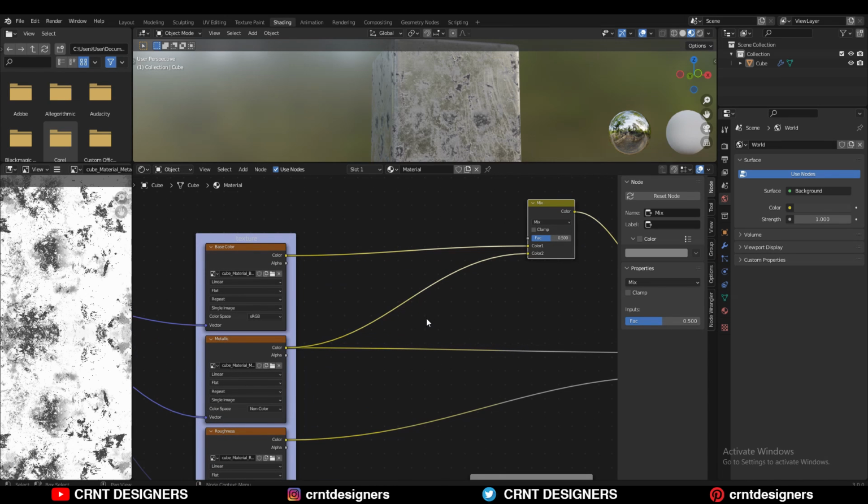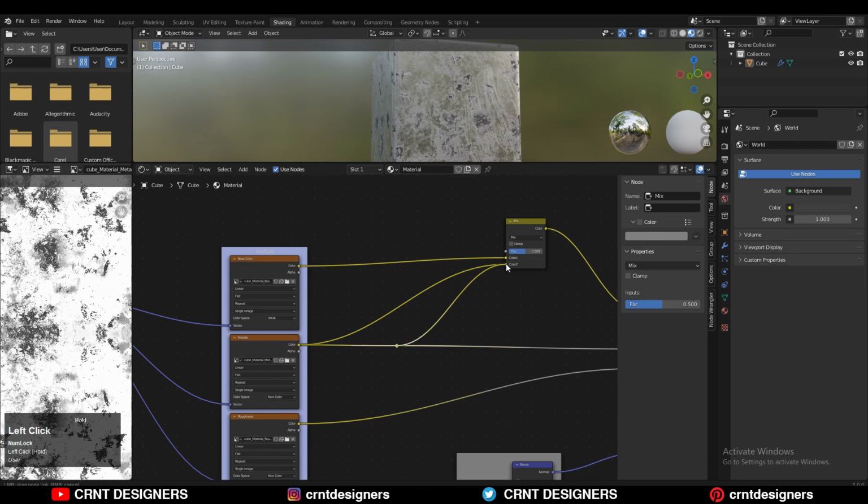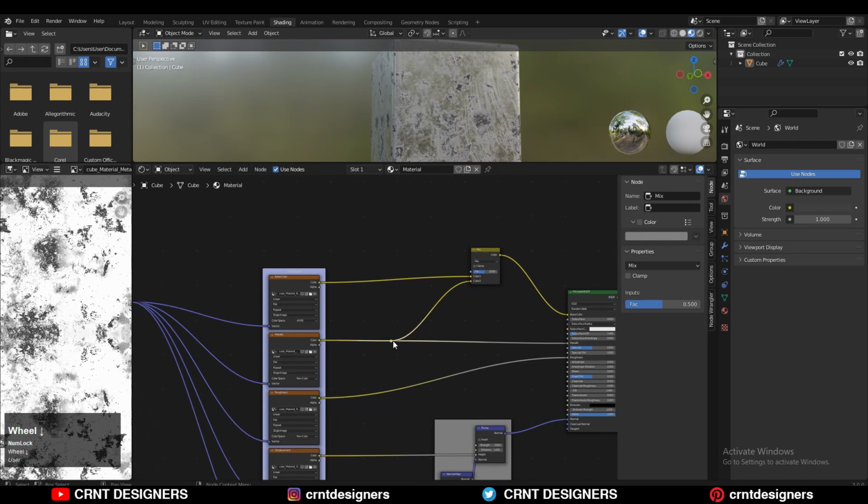I can add one point here which will help to connect this node to this one as well as to this one. That's why you need to press and hold the Shift key and then right click and then drag your mouse like this. You will get this point here. From this point you can create a connection between these two nodes easily, and then you can adjust the position of this point by pressing the G key like this, and you can add multiple points like this with the Shift key, and then you can give the right position to them, and then you can organize your nodes in a proper way.